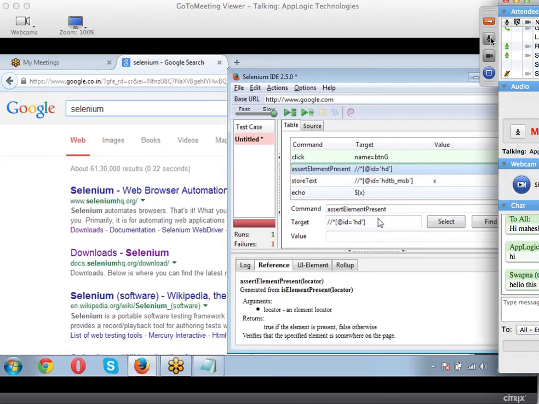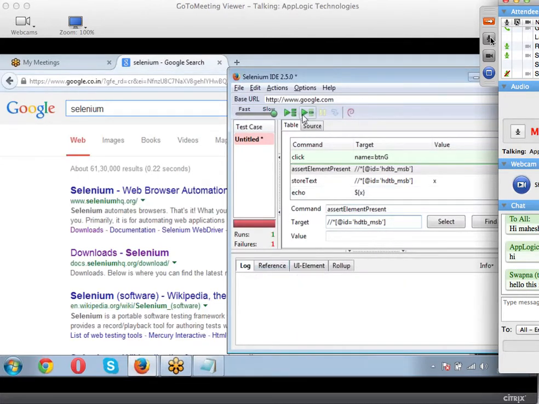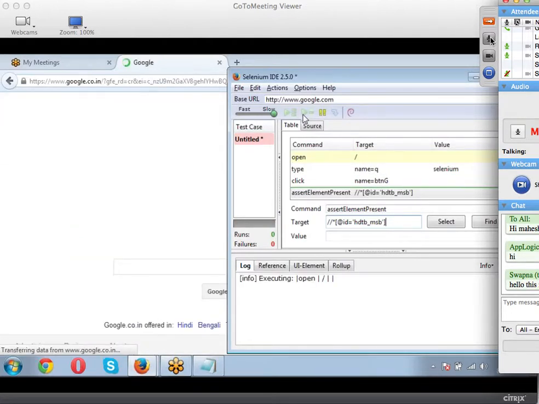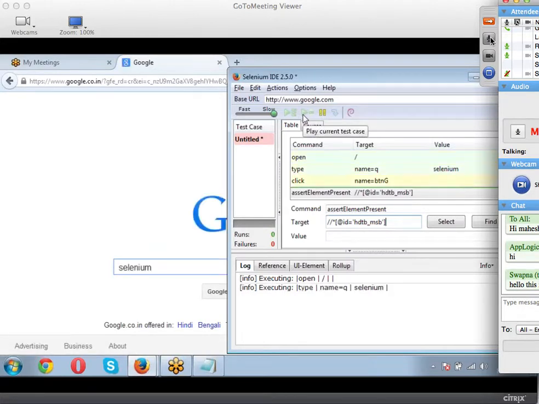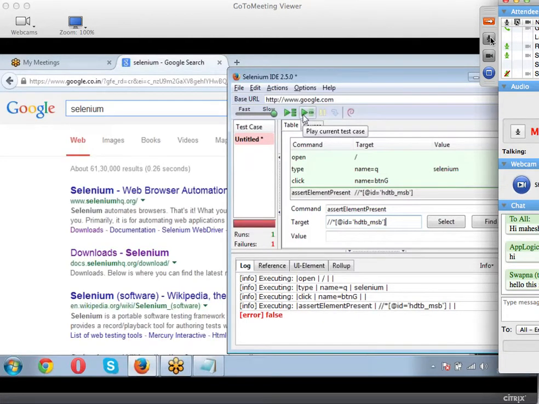So I'm giving the correct XPath back. Save it and clear my log. I'm using assert element itself by giving an exact XPath. Okay, it has thrown me an error.